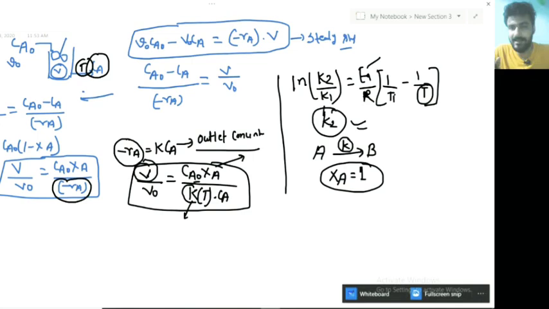So the focus must be, you have to concentrate on the only numerical part, the data that is given in the question. So that was the part of the irreversible reaction which is taking place in the CSTR. Okay, now I am just going to move on to the reversible reaction.